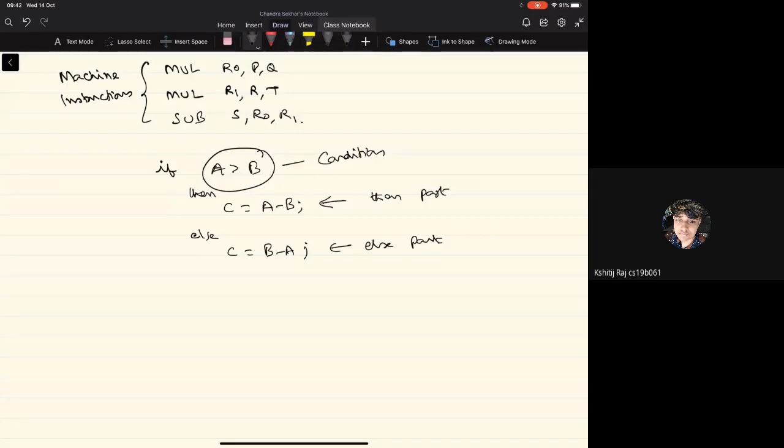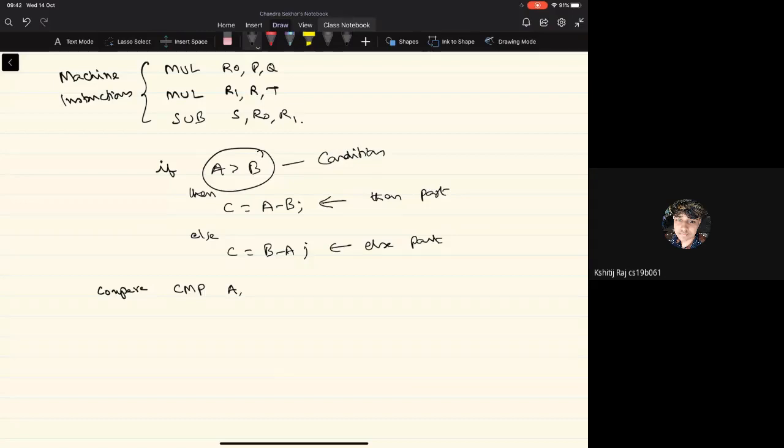How do we transfer this statement into a sequence of instructions? What are the operations that we need to carry out? First, we have to perform a comparison of the variables A and B. So let's assume that there is an instruction with the mnemonic CMP, which stands for compare.